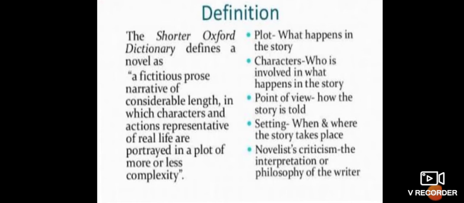So here, what is important in a novel? Plot. Now what is plot? What happens in the story. That is plot. Character: who is involved in what happens in the story. Point of view: how the story is told, in which form it has been told. Setting: when and where the story takes place, where the incident has happened. Novelist criticism: the interpretation of the philosophy of the writer. The main aspect of the novel is the interpretation of the philosophy of the writer. Moving further,